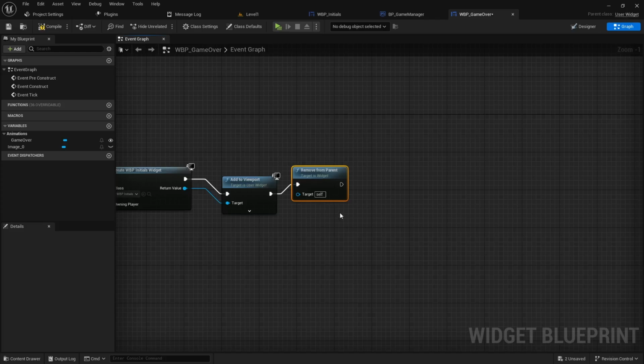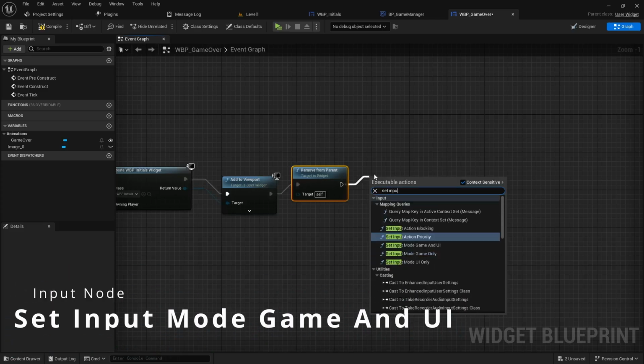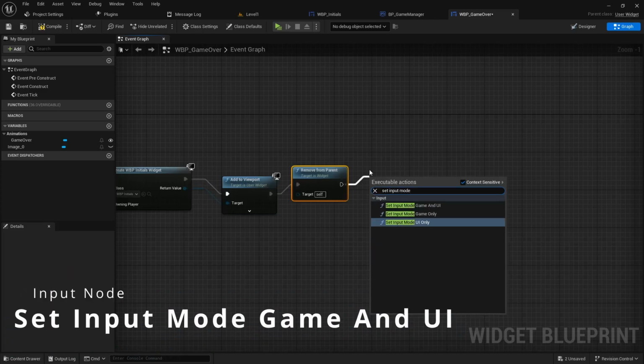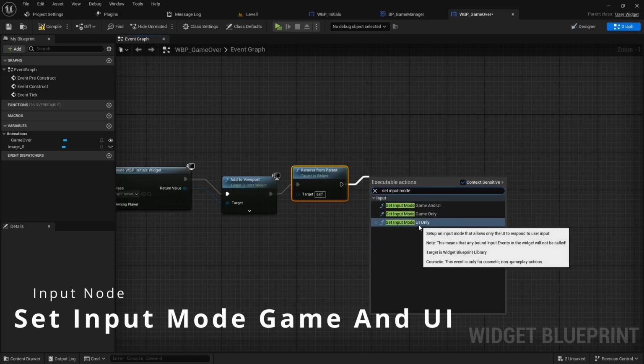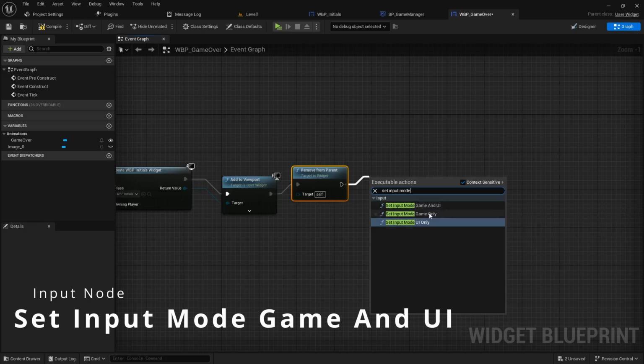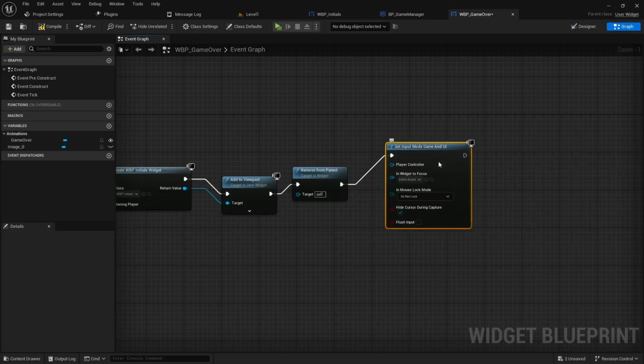We need to set the controller mode. Typically with Unreal Engine, when you're playing the game, at least on the default projects, you're playing in what's known as game mode only, but we need it to be in a UI mode. So if you drag off this pin, you can actually tell it to set input mode, and you'll see you have UI, you have game only, and then you have game and UI. We can actually just do game and UI, and that'll work just fine. You can also get away with just doing UI, because we're technically going to be using the keyboard, and we're going to be using the